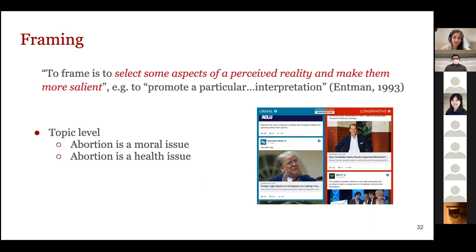Well, framing can happen at kind of a word level or at more of a topic level. At a topic level, given some kind of issue or event, so the example I have here is the issue of abortion, you might discuss this issue from more of a moral perspective or from more of a health perspective. And these would be kind of topic level frames. But you also could use more word level frames in describing these issues. So someone might describe whether or not they support access to abortion by describing themselves as pro-life or pro-choice, but no one describes themselves as anti-life or anti-choice.